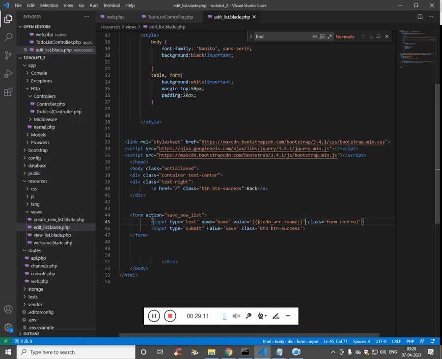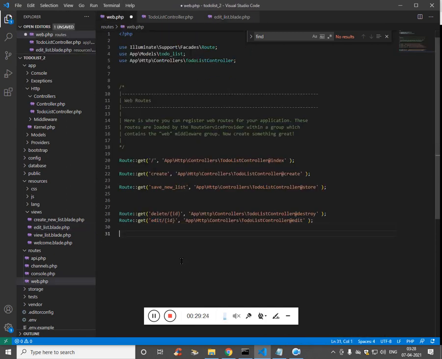Along with the value, we have to pass it to the URL as well, update slash, and we have to pass the ID. Now we have to create this route as well, and the function name is going to be update. Here on the update function, we would be getting two values.